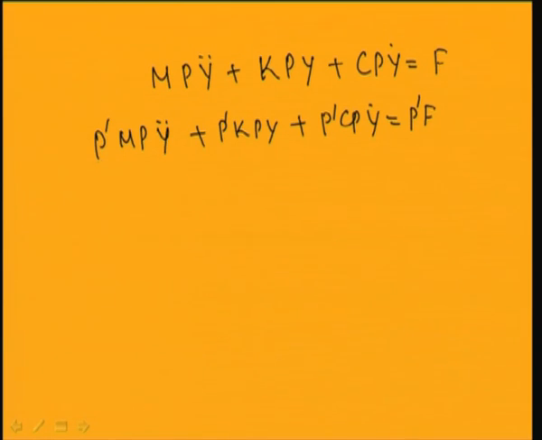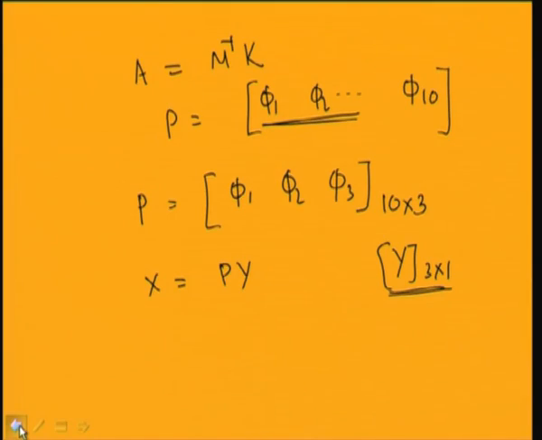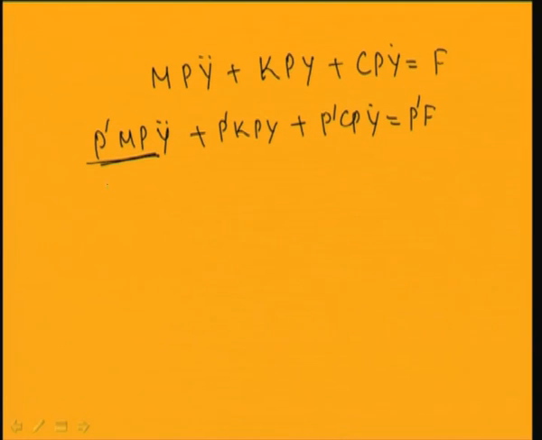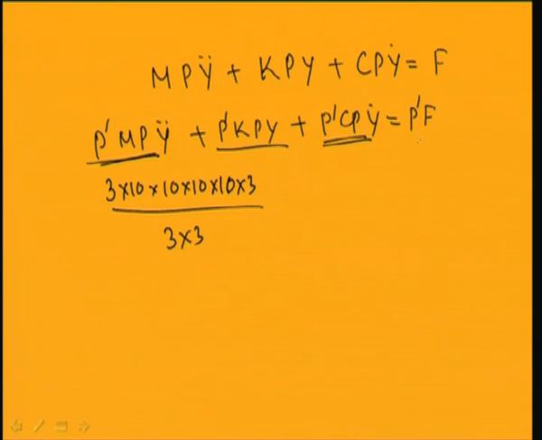Now you can check that this P transpose M P is a diagonal matrix of 3×3. P is 10×3, so P transpose will be 3×10. So this becomes 3×10, M is 10×10 and P is 10×3, so this becomes a 3×3 matrix. Similarly, P transpose K P is 3×3 and this is also 3×3. So now you can obtain a set of equations